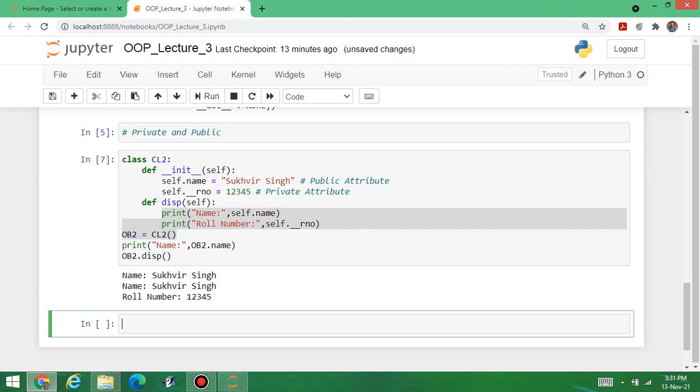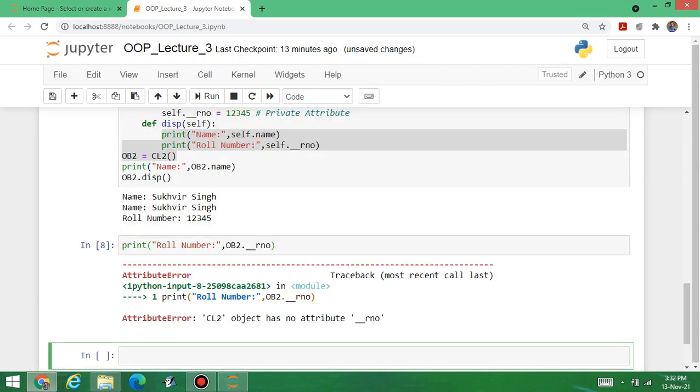Suppose I am writing here print, similar to name, roll number. Okay, let us check this one. Suppose I am writing OB2 dot underscore roll number. Look at this one.